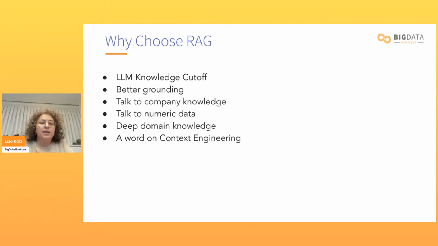Another thing to keep in mind when choosing RAG is domain knowledge. So in our case, it would be insurance. Insurance companies have a lot of acronyms and terminology that might not be used on the internet or in any data set that the model you're working with was trained on. So you might want to teach it or provide it with relevant acronyms, relevant terms, making sure that it's aware of what it's seeing.